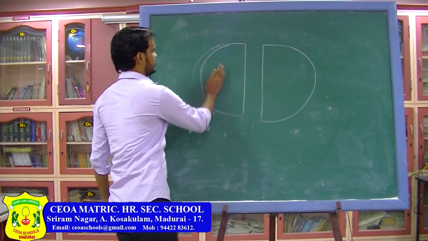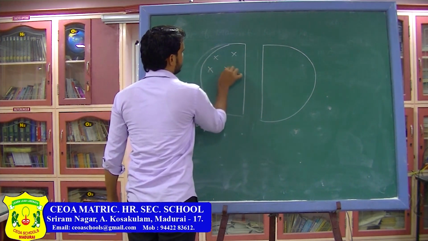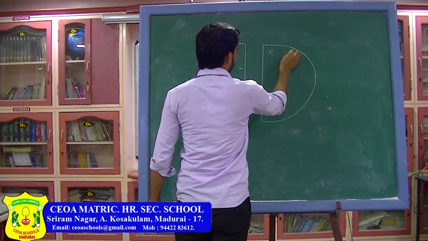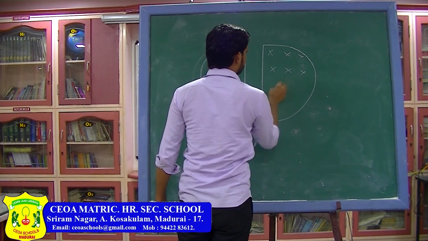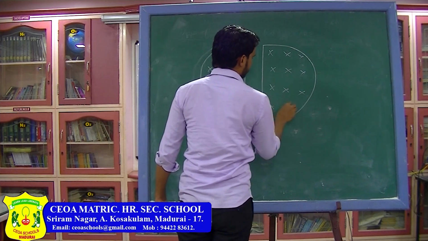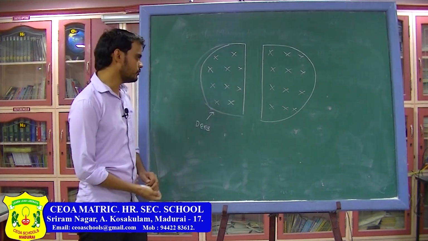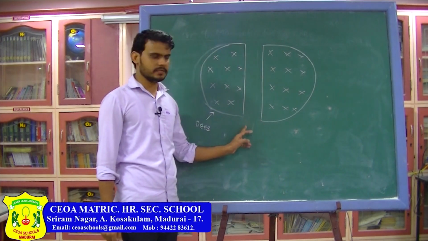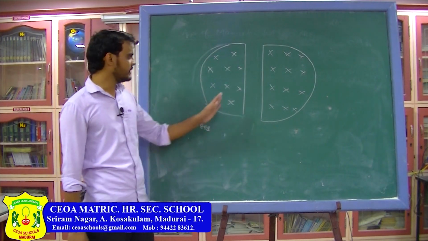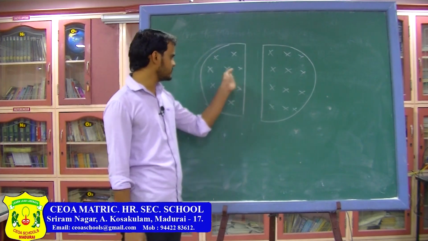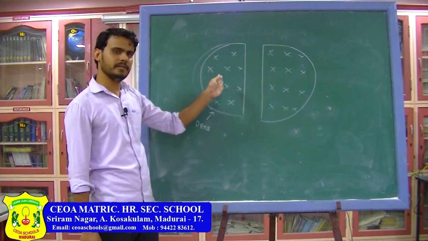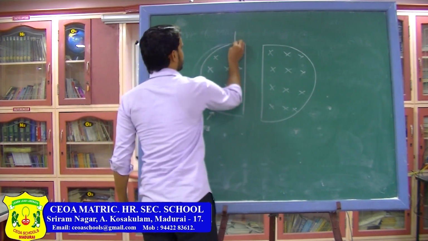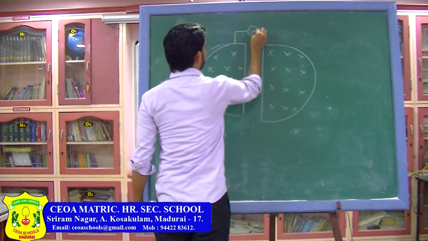Now there is magnetic field in the inward direction. Here also the magnetic field is in inward direction. Again you have two D shaped hollow discs, those are called Ds, and in the Ds there is magnetic field which is perpendicular. So these are the discs like this, and magnetic field is inwards, and these are made up of conducting material, and here you have connected both the Ds with an AC source.